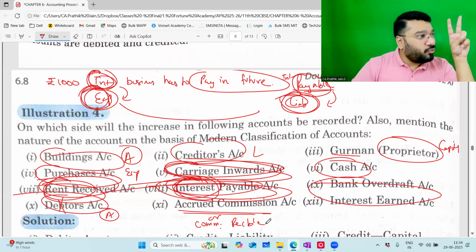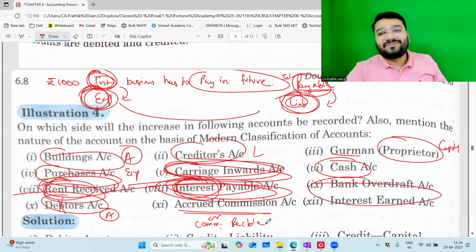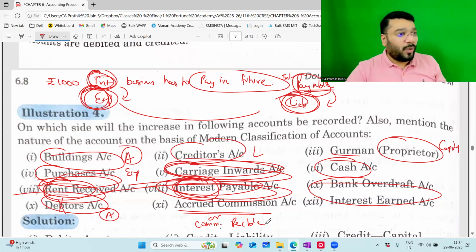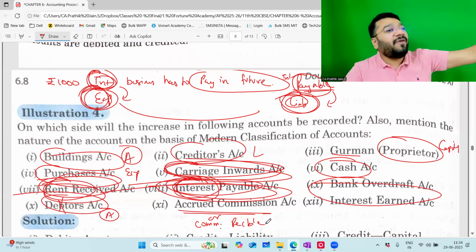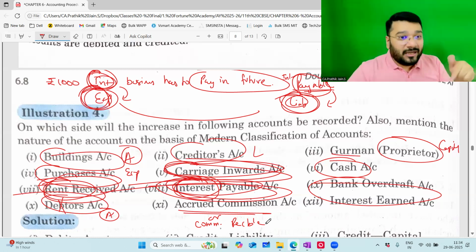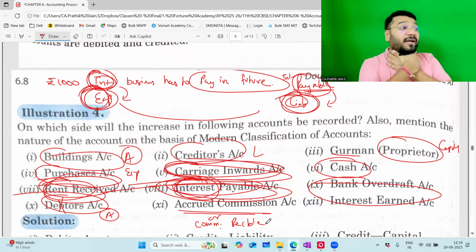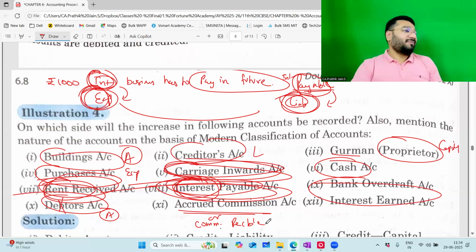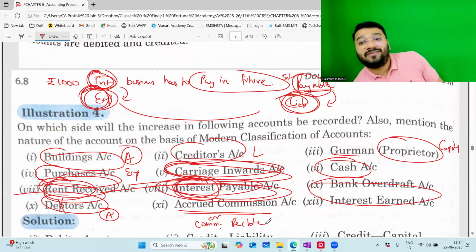In 12th, the first two books are full journal and ledger. They're not able to apply what should I debit and what should I credit. So what we are spending time on now, we're making it so strong that in 12th, very easily you'll tell this is debit and this is credit, whereas your friends who are not strong with this debit and credit will struggle even in 12th. So currently 15 plus people are sitting and watching the 11th recording in 12th. 12th itself is suffocating. No time. What will happen when you come to 12th? That too you're sitting and watching the 11th recording in 12th. Where is the time, boss?